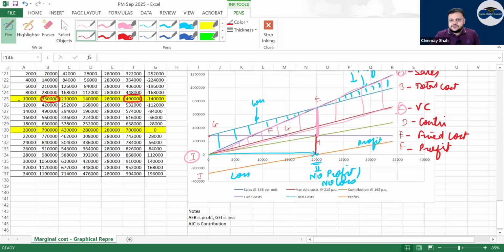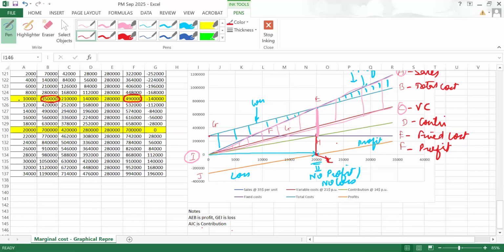See, this is the variable cost line. No, sorry, contribution and fixed cost line is meeting here. So, wait, what I'm trying to say, the point below this H point, or this 20,000 point here, take this point K, and there is a point H. Are you okay with H? Tell me. Yes, sir. At H the contribution will be equal to